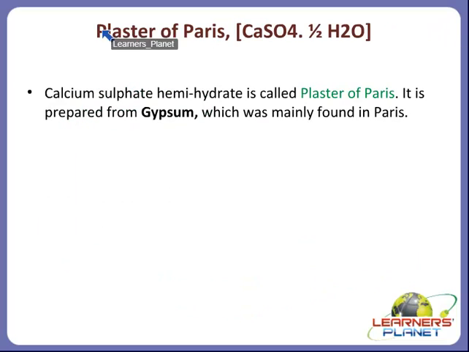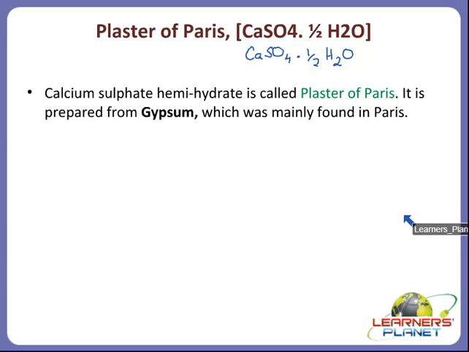Okay. So now let's move to our next compound, that is plaster of Paris, CaSO4 half H2O. Now children, CaSO4 half H2O, it would have been better written here as CaSO4 and half H2O. You must have seen plaster of Paris statues or the interiors of houses. They are all made up of POP.